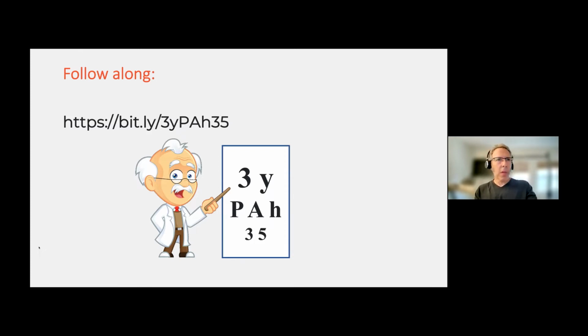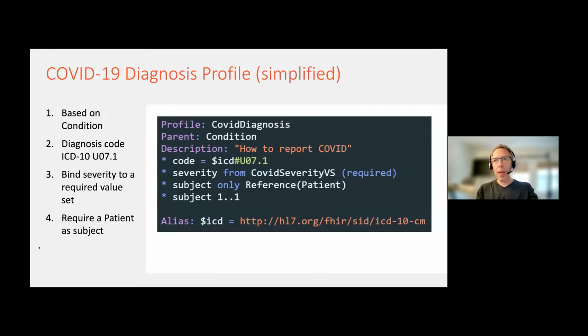And in fact, I'm going to give you a URL here, bit.ly/3YPAH35. That encompasses an example that I'm going to do. And if you type in the 3YPAH35, you'll load up our coding playground, which we affectionately call FSH Online. So I'm going to do this intuitively because there's too much in the language to go through in 30 minutes. But this is how you would